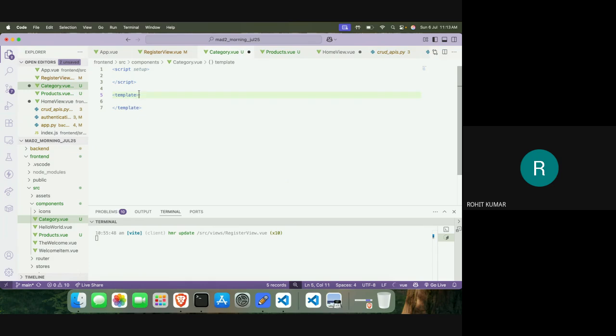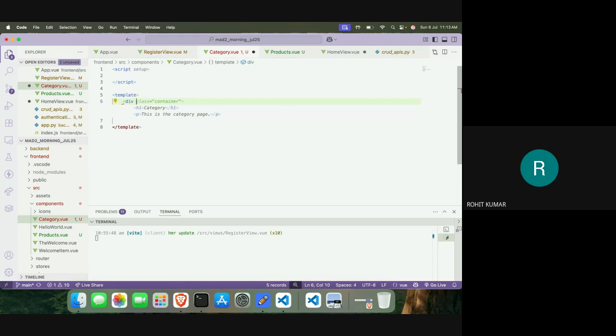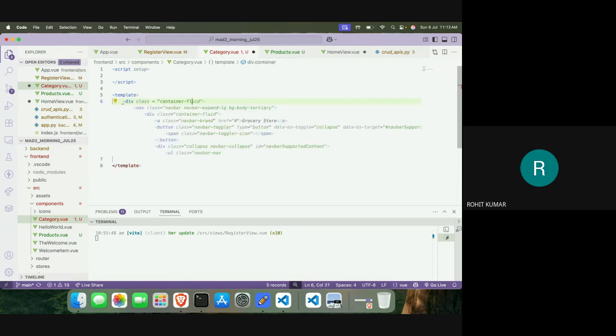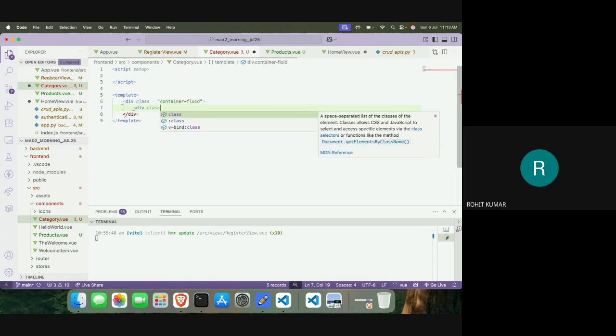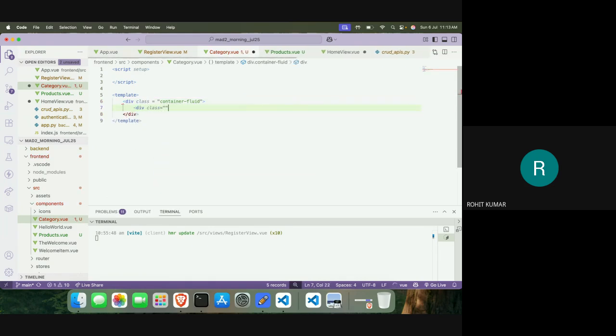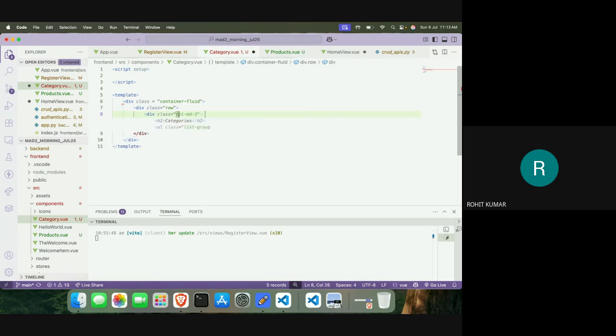Okay. And this is a categories component. So I will define just one category. So div classes container fluid. Inside this container, I want to just display a name. So div class row, and again then div class equals to column,